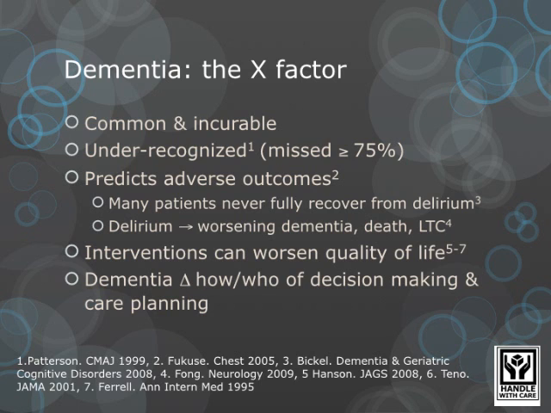And the other thing with dementia is it changes who and how the decision-making and care planning is done. So it's much more difficult to actually plan or consider different treatment options if someone has even mild dementia or mild cognitive impairment. So when we're looking at cognition,